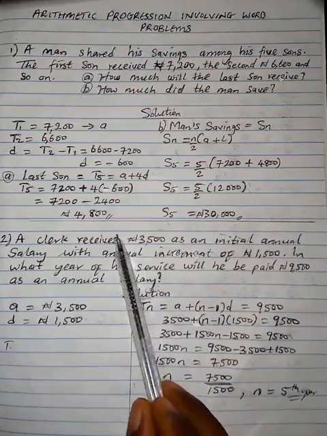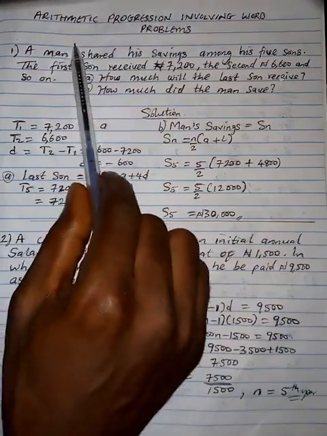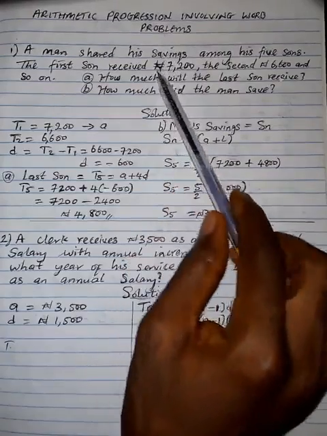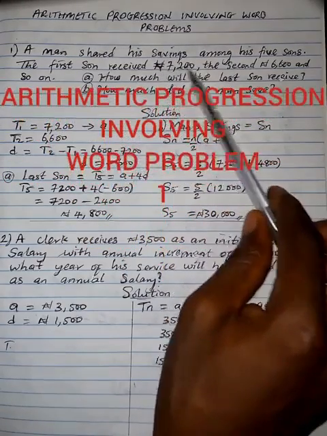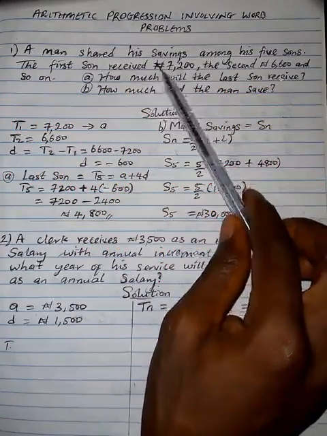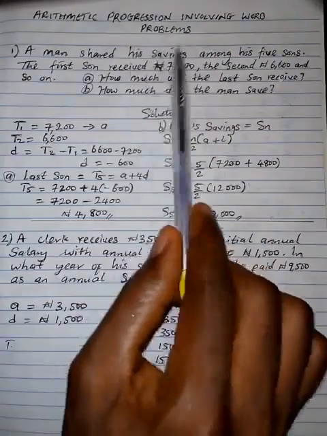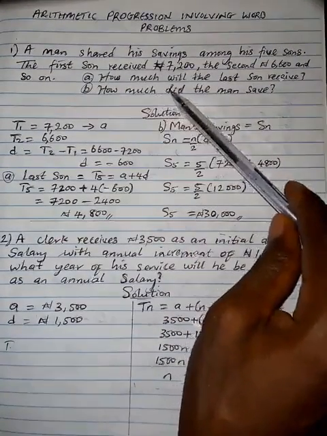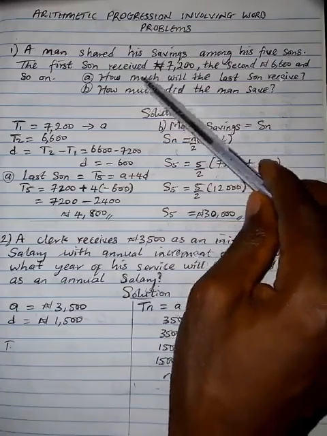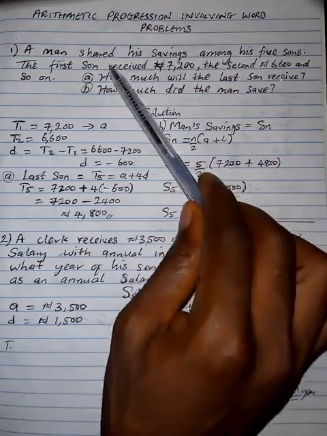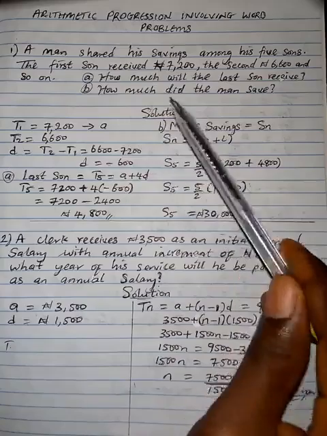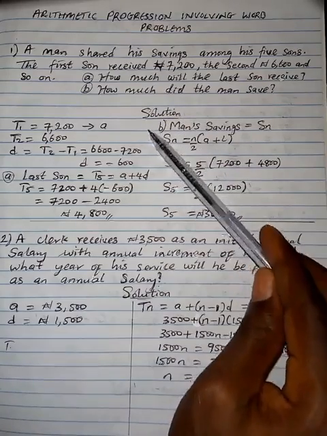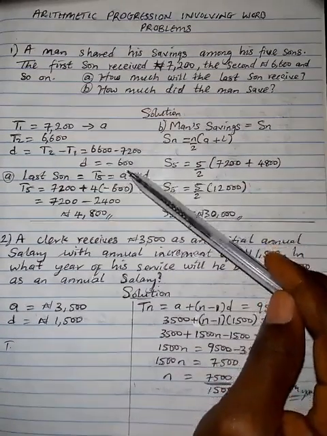Right. In this tutorial, we'll be dealing with arithmetic progression involving word problems. Now, with these questions, most times we are not told whether it is arithmetic progression or geometric progression. And of course, if it is an examination you are taking, the questions can be mixed up, with the ones that have to do with arithmetic progression and the ones that have to do with geometric progression. Now, one thing that tends to differentiate them most times is